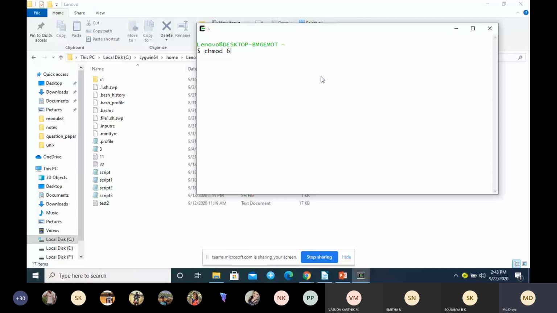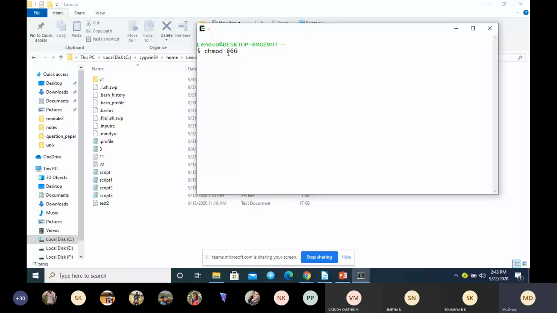The next one is group. Again I will give 6, so for the group we are giving read and write permission. Again for others we are giving read and write permission. So this is three categories, and each category has three permissions.